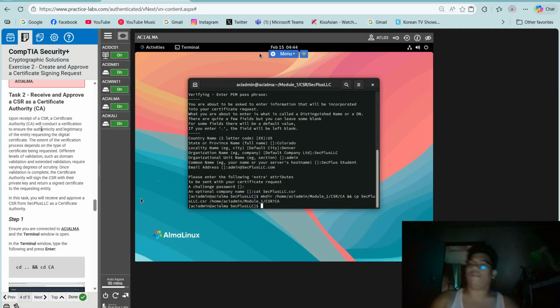Upon receipt of a CSR, a certificate authority or CA will conduct a verification to ensure the authenticity and legitimacy of the entity requesting the digital certificate. The extent of the verification process depends on the type of certificate being requested.